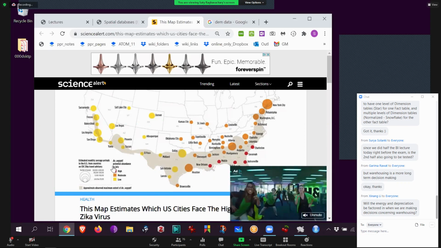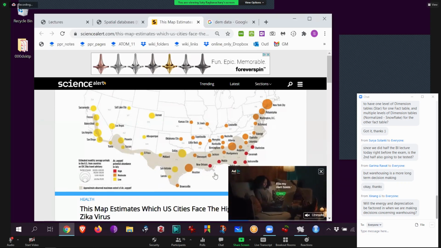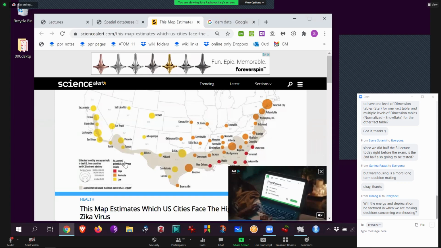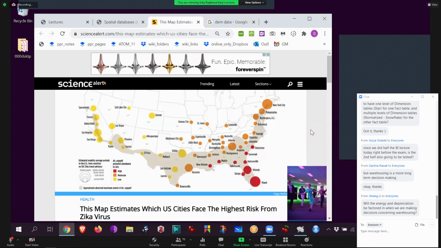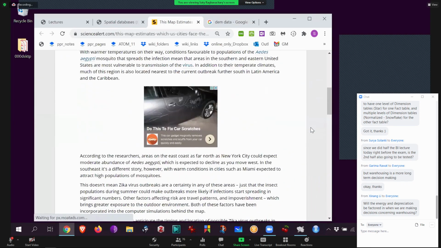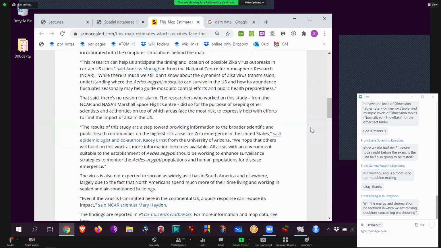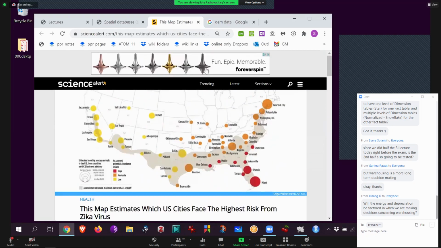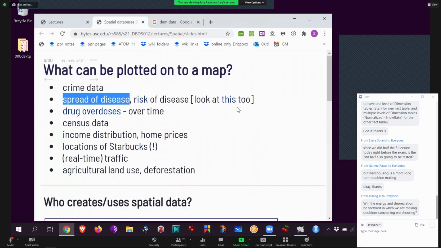But this was a while ago. If you see an animation of this, then you see the red gradually spreading, okay? And so you can then see, wow, this is actually going all over the country. Sadly, COVID started in just a local area and went all over the world, and there are any number of maps that do exactly the same thing. So maps are useful, especially for spatial data, disease plotting. Same thing with Ebola.